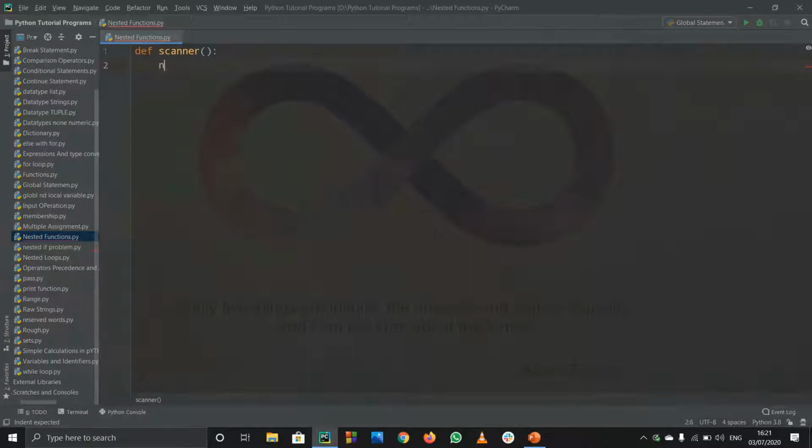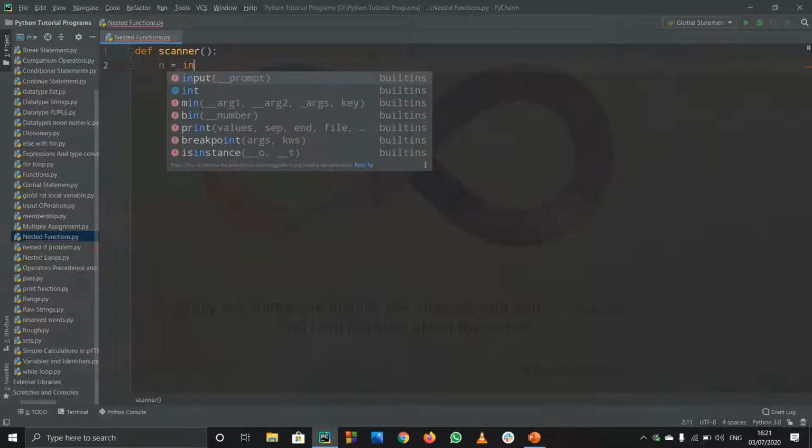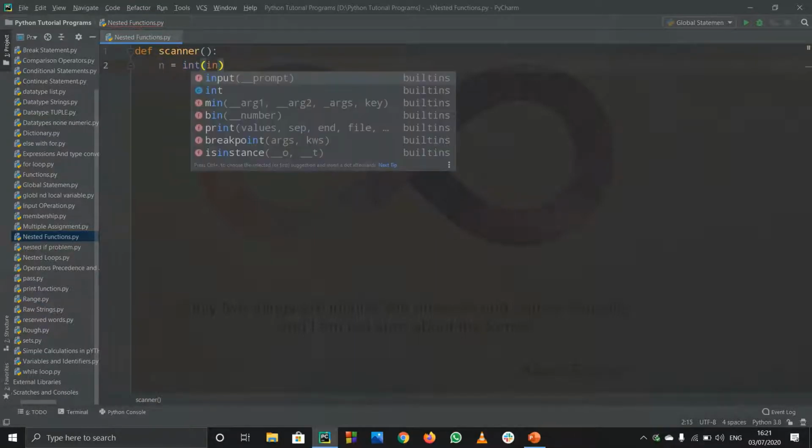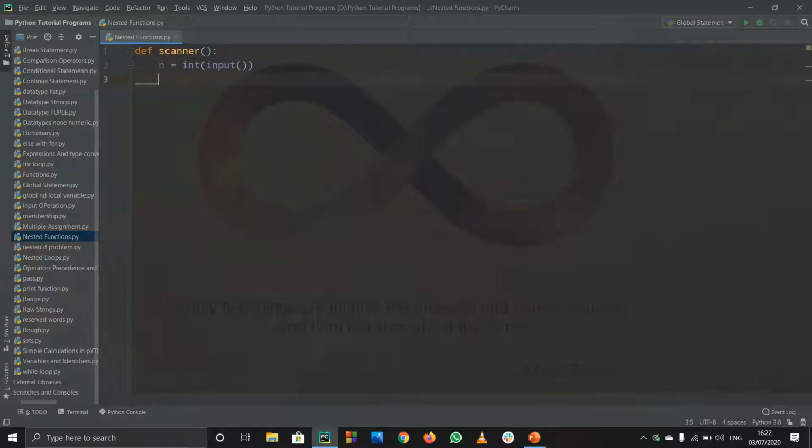And after that, I'll just write n equals, this will be the integer input now, because I'm going to take this number as input, and this is going to be used inside any other function that I'm going to check. So now I want to check if this n is even or odd. For that, I'll define another function called, say, even odd. This is just a random function, and this function will take in a parameter of n.